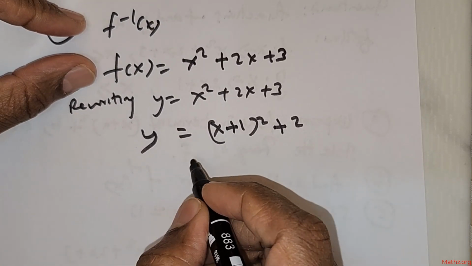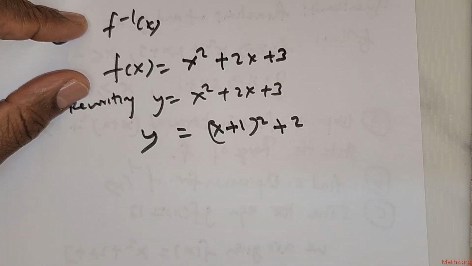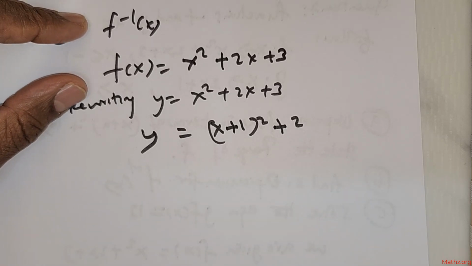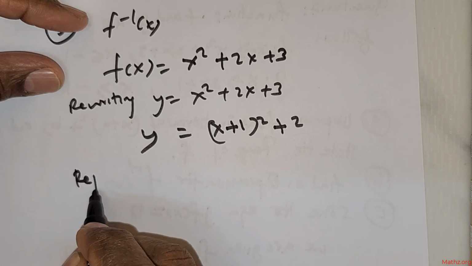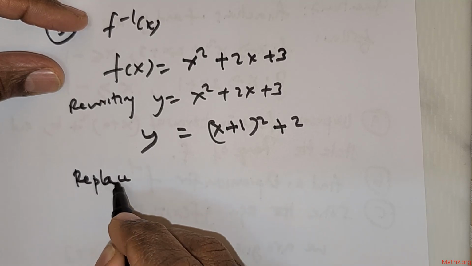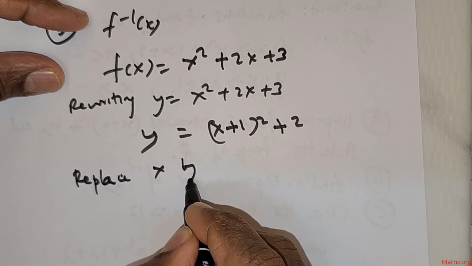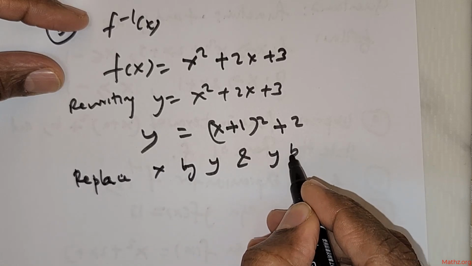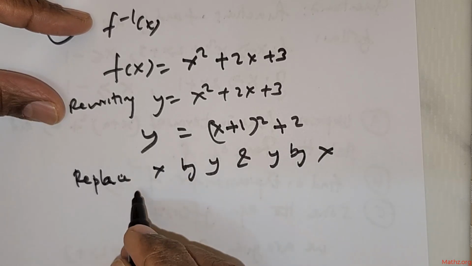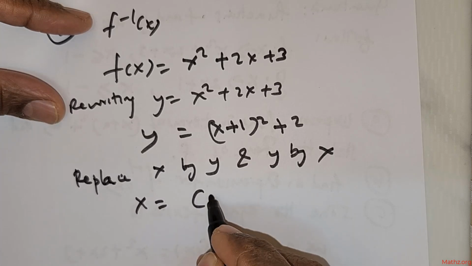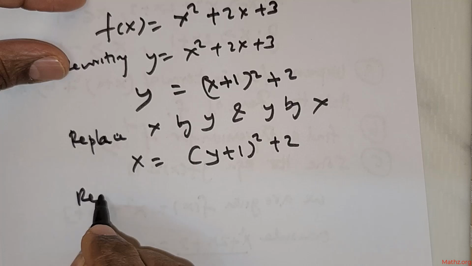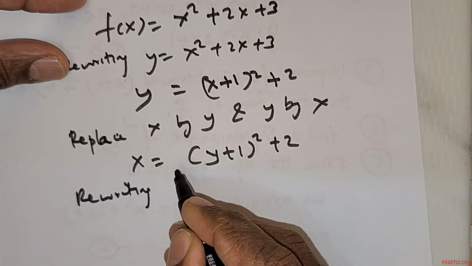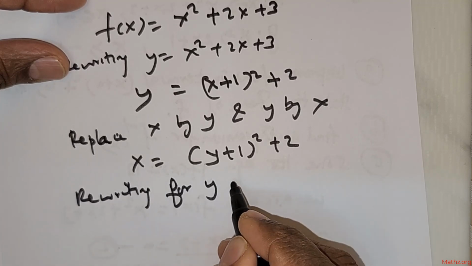Now I need to express everything in terms of y. First, I need to replace y by x and x by y, and then rewrite it for y. So that is the first step. I need to state that we replace x by y and y by x. This is going to be x is equal to (y + 1) squared + 2. Next, rewriting for y, we get